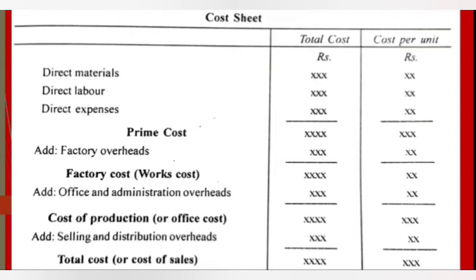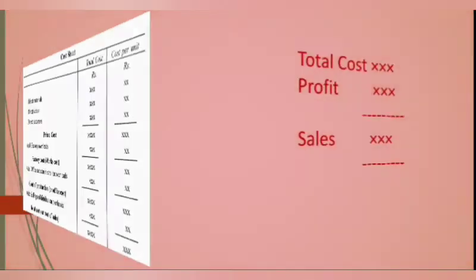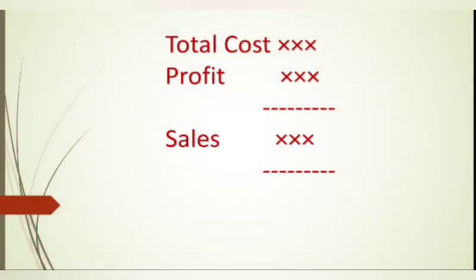In order to find the profit, next we can see the total cost. Before that, you need to calculate how much profit you need. After adding profit, we'll get sales of product, that is the total sales. Sometimes in the question itself, total sales will be given. If sales is given, then you have to deduct the total cost from the sales in order to get profit.